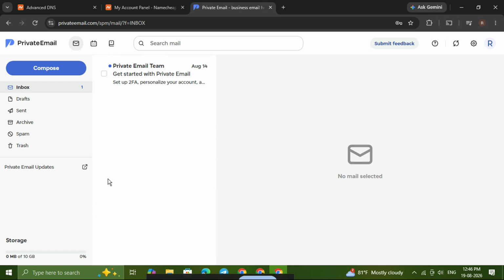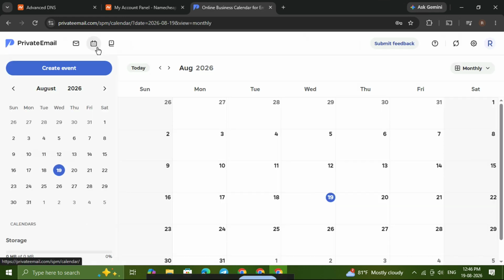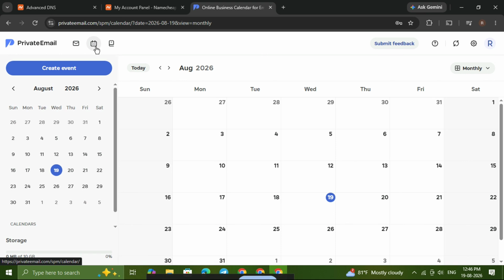Next, if you want to check your schedule, click the calendar icon in the top left area. That will open your calendar events inside private email. This is helpful if you use the email platform for both communication and organizing appointments, reminders, or meetings all in